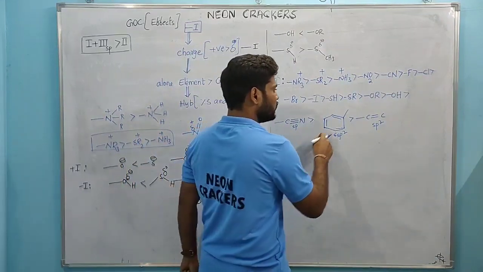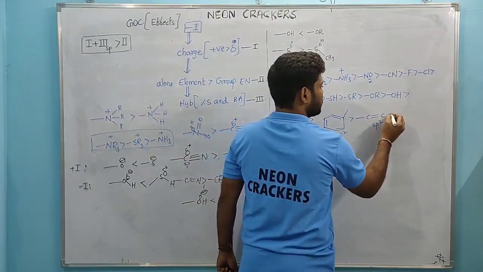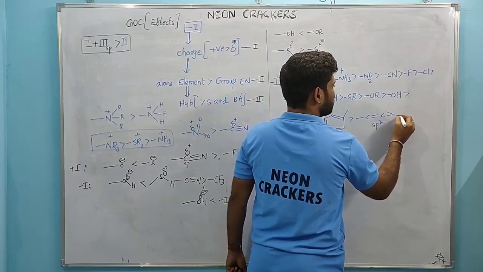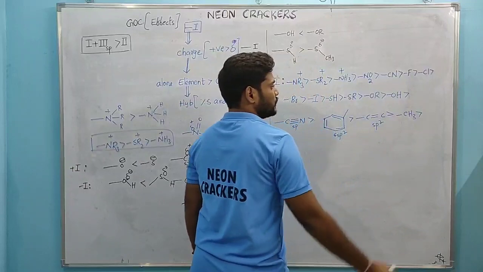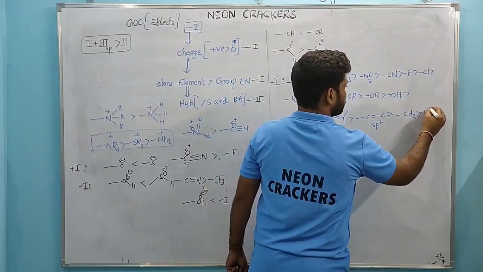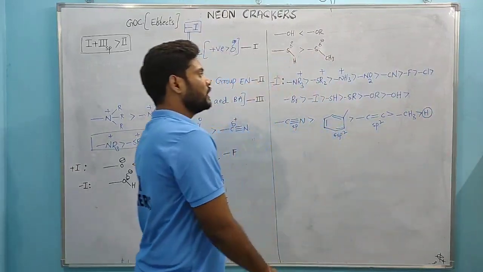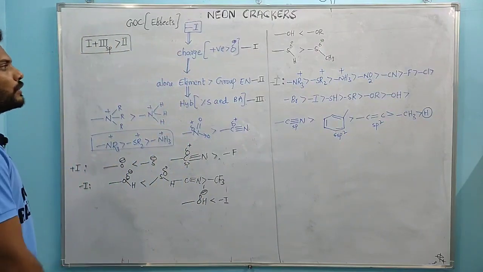So that's why phenyl. Afterwards, ethylene. Next one is methyl or alkyl, the last one. So here you may take hydrogen. So this is the overall order